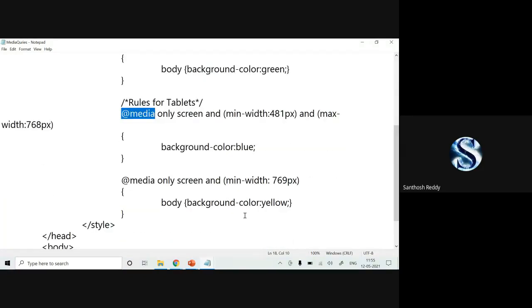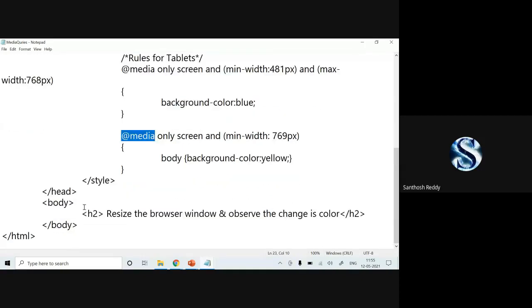You can specify in-between ranges, minimum width as well as maximum width. So at that time it will be blue color. In the same way, @media, only screen and minimum width is 769 pixels, then your background color should be yellow. Rest everything, I have just written some content in the body part, that's it.